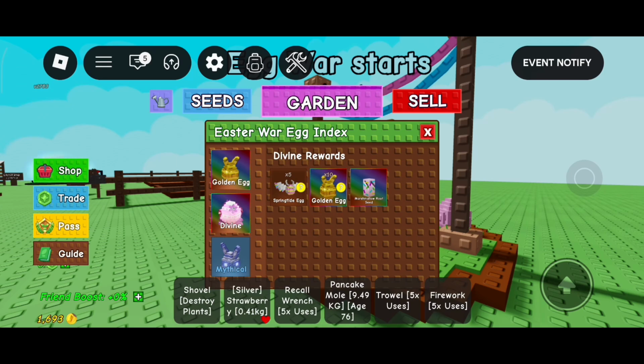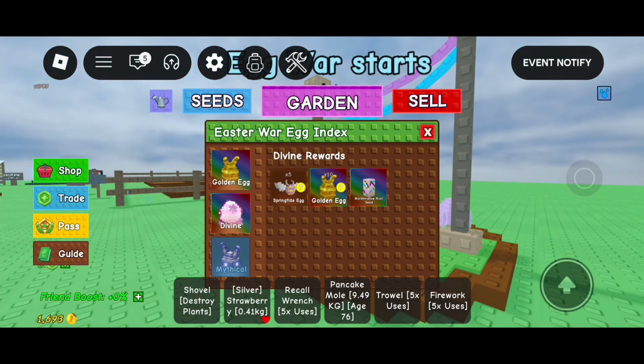seed. But since Egg War is a competitive event, you will be fighting with other players to grab the eggs. So for this simple tip, just try joining a private server, and that way you don't have to compete with random players, and it becomes much easier to secure the eggs. And yeah, that's basically it. Just keep playing Egg War and aim for the pink egg rewards, and eventually you will get this marshmallow root